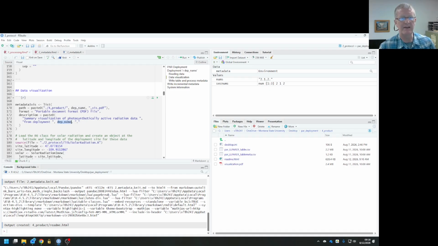Again, that way, if I ever need to change this, decide on a different deployment name that I want to use, I just have to change it in one place and it will automatically change everywhere I use it. Okay, so now this metadata